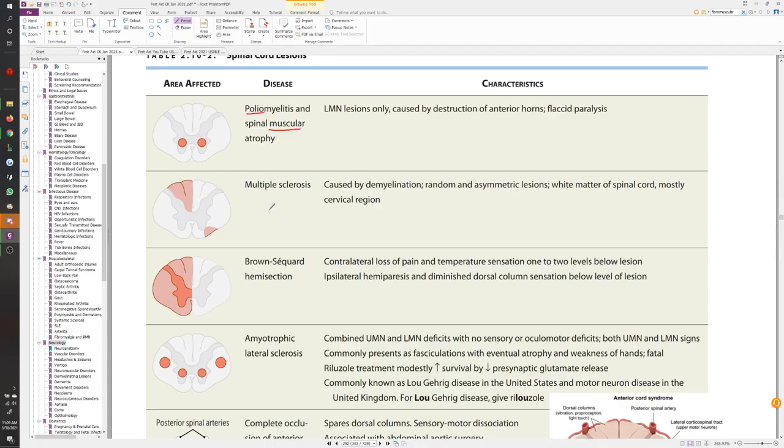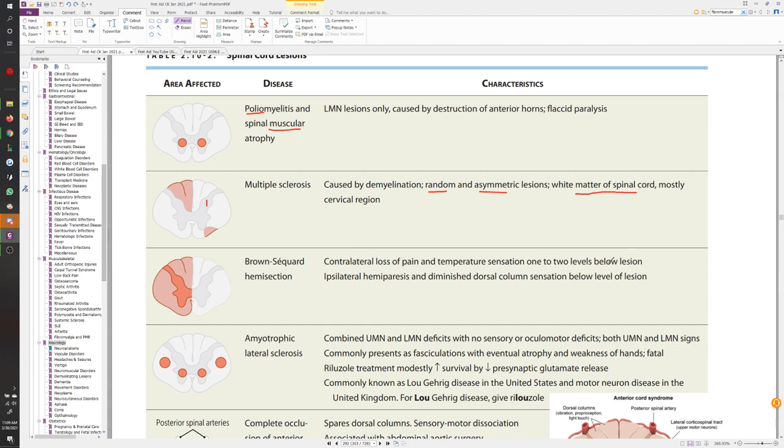Now, multiple sclerosis, remember the key thing for multiple sclerosis was that lesions were disseminated in space and time. Right. This was something that they love talking about. So you can clearly see it's all over the place, right? It's involving these two guys, and it's involving this little area here. Caused by demyelination, it's going to be random and asymmetric. Only white matter is involved, not the gray matter. Mostly cervical region, right? And then here we just talked about